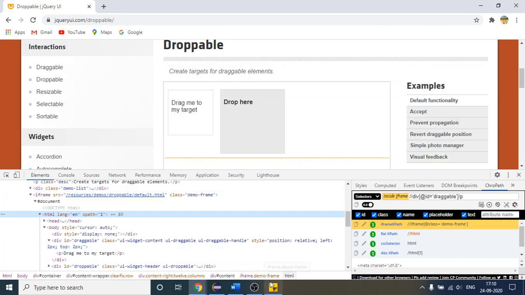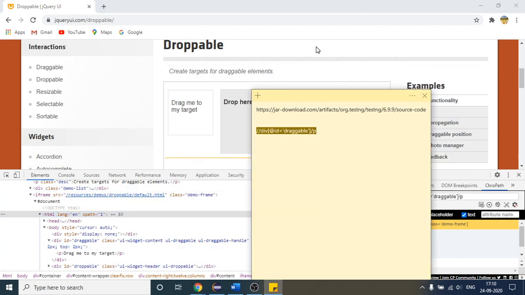So how will I write the CSS for this iframe? See here, I have told you how to make the CSS. I can use this one, tag name dot class name. This is one shortcut I have already told you. Or you can make your own CSS like this: tag name, attribute equals to.